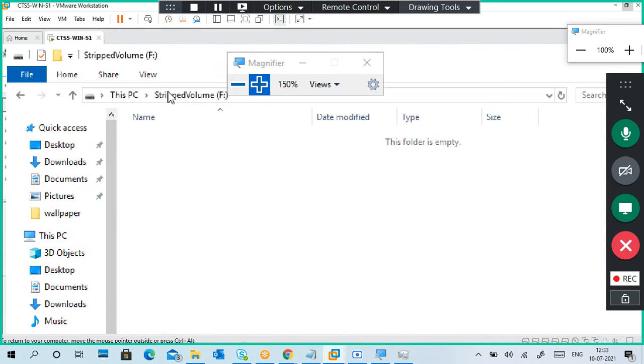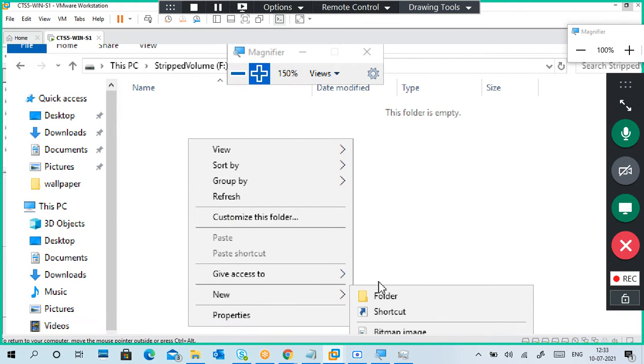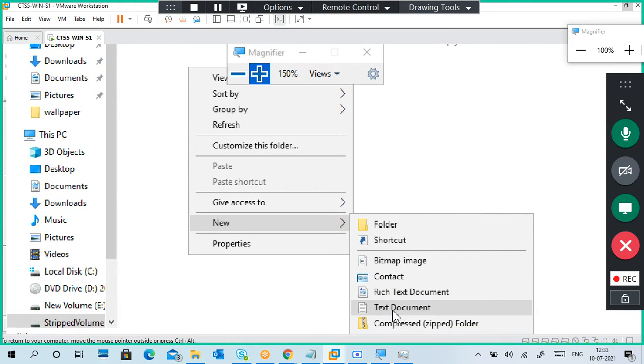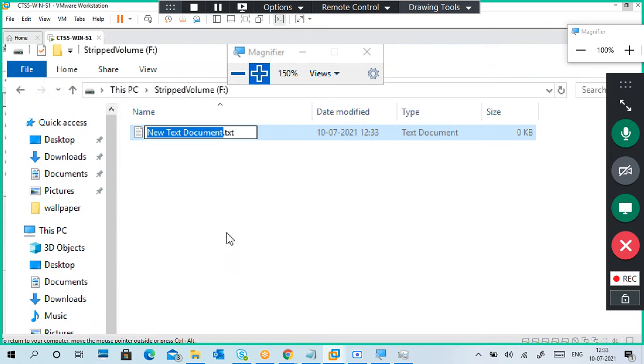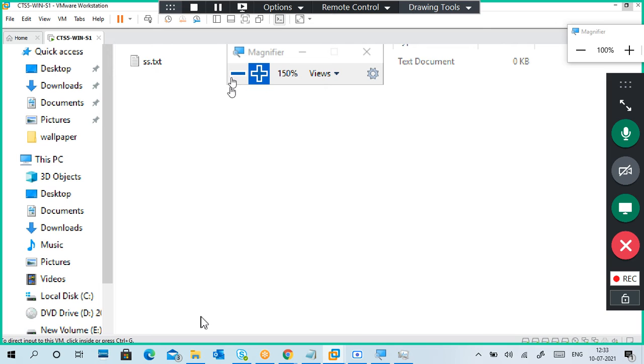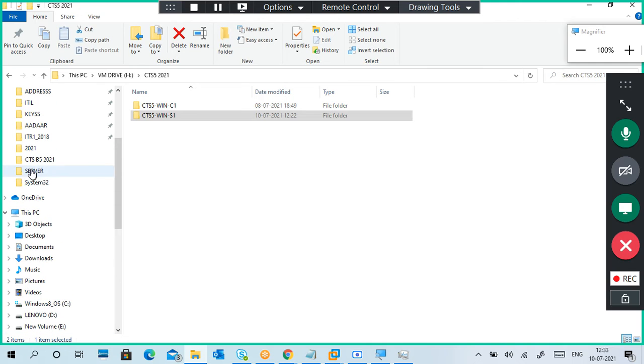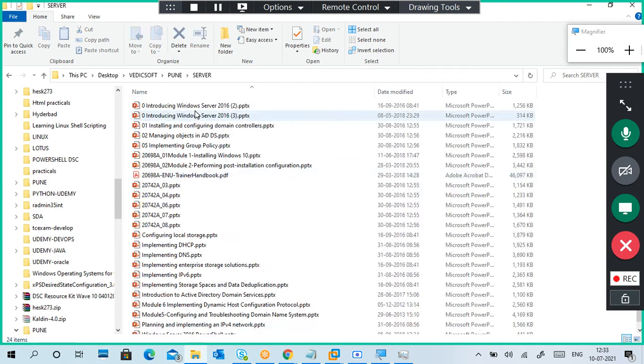I'm going to put some data in this one. I'm going to create some data in my F drive, or you can copy some data from your physical machine if you like.